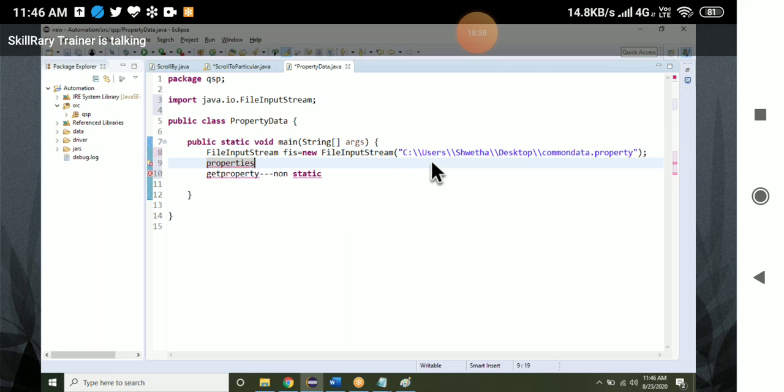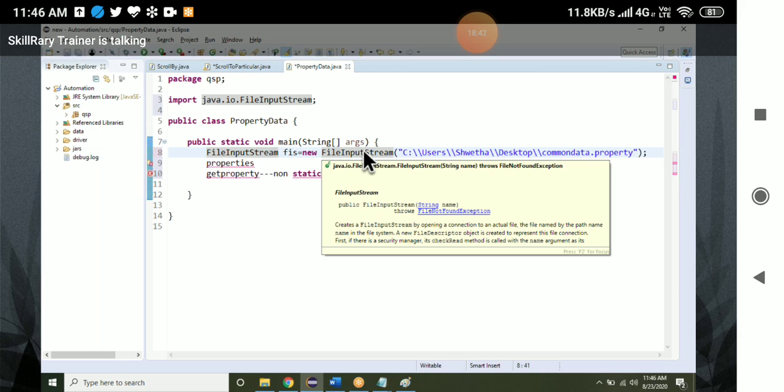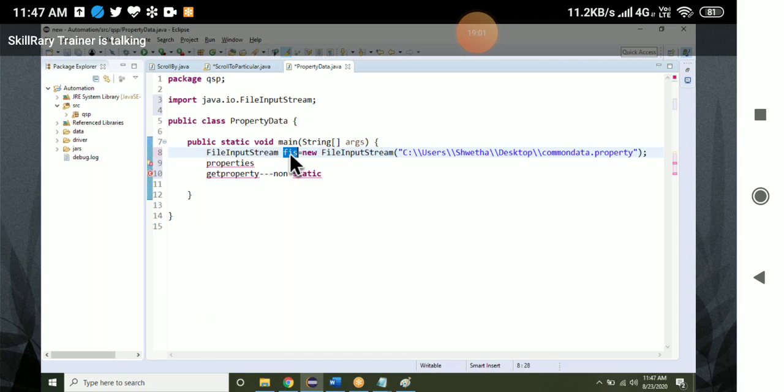Whenever you want to read data from a property file, this step is mandatory, because you have to convert the external physical file into a Java readable object.